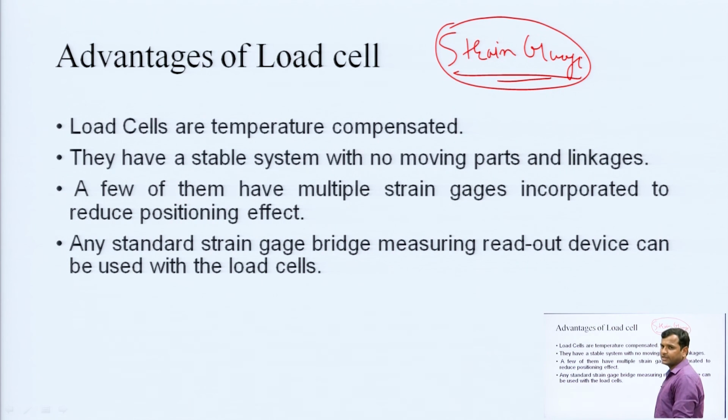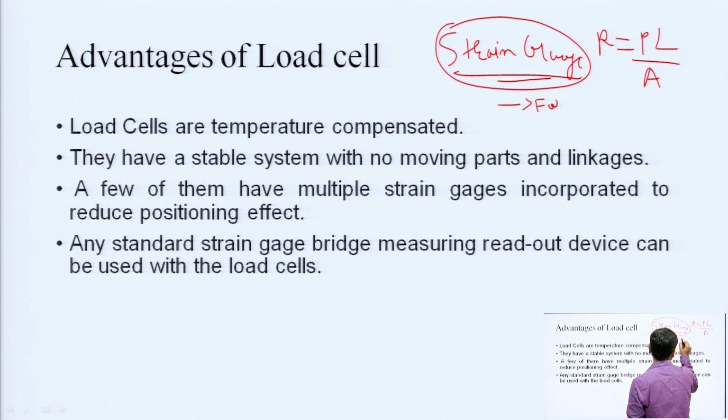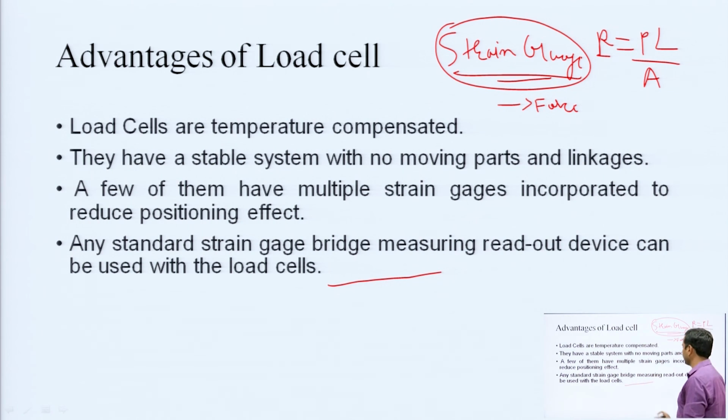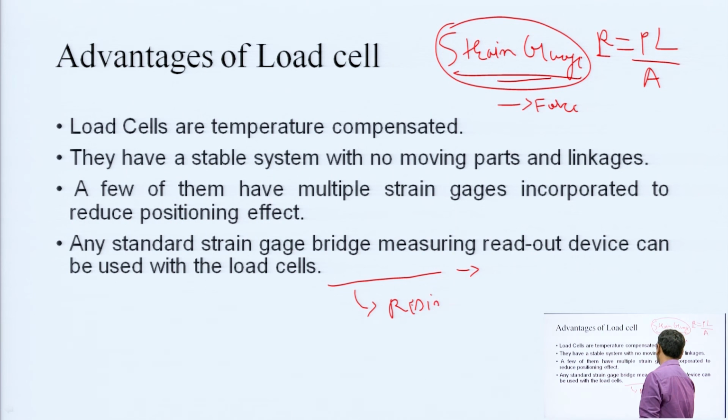So, the basic principle of strain gauge I have already told you: when we provide any type of force or any type of strain in the wire, the resistance of that wire can be changed. We know that resistance is equal to rho L by A. So, when we provide any type of force, then the resistance changes, and when the resistance changes, the length in the wire, if this is the wire, and if I am providing any type of force in that, then the resistance can be changed,